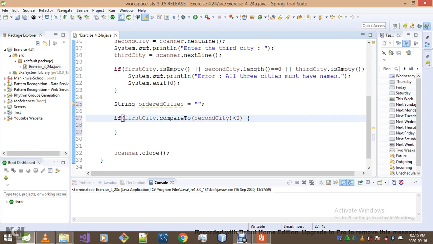As I just said, the compareTo method returns -1, 0, and 1. So if it returns a number less than 0, which means first city is less than second city. Okay, else if